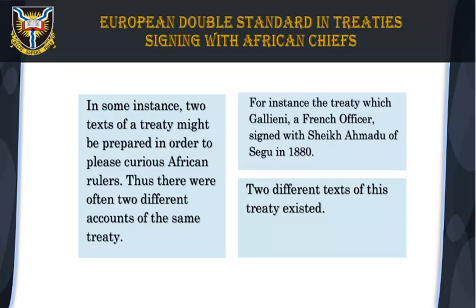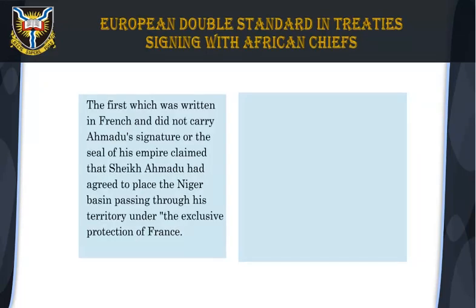For instance, of the treaty which Galliéni, a French officer, signed with Sheikh Amadou of Ségou in 1880, two different texts existed. The first, which was written in French and did not carry Amadou's signature or the seal of his empire, claimed that Sheikh Amadou had agreed to place the Niger basin passing through his territory under the